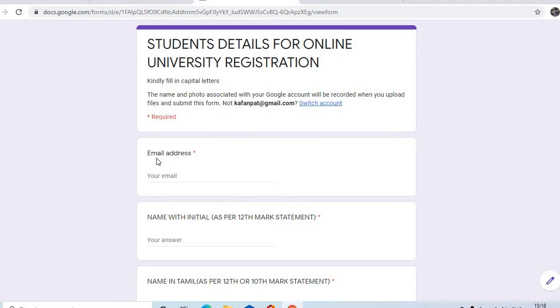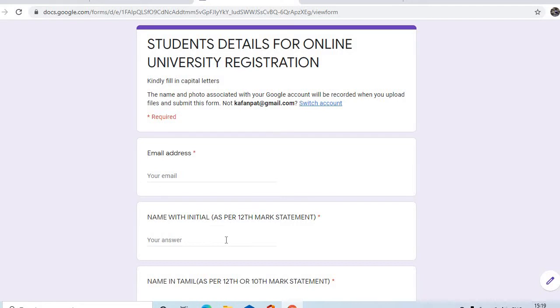First you need an email address, your own email address. Don't use another email address. Create your own mail, which I told you already in the morning. I told you to prepare a mail ID, so you enter that particular mail ID. Don't make any mistake. If you make a mistake, kindly intimate me and I will delete what you have done and you can do it again. So you will mention your email ID.